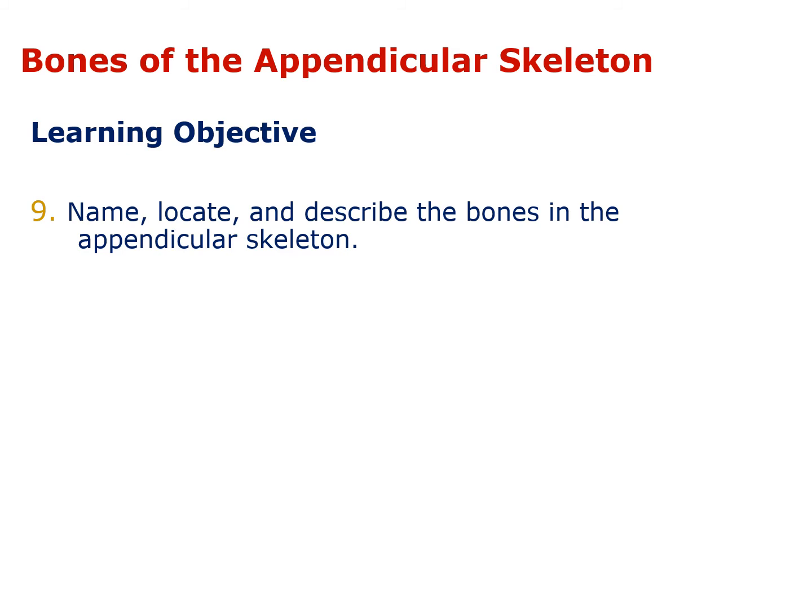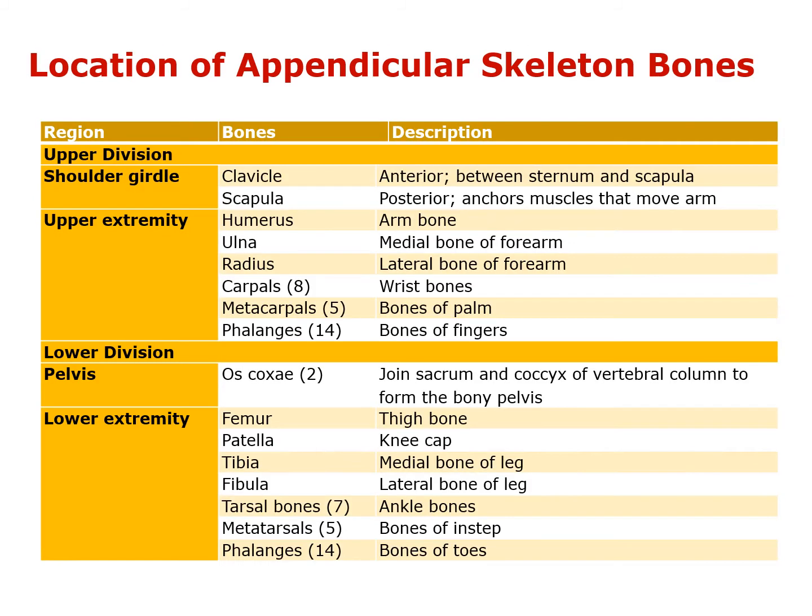All right, so we're going to talk about the bones in the appendicular skeleton now. We're talking about our arms and legs, right? In the upper appendicular skeleton, the upper division, we have our shoulder girdle. The shoulder girdle is made up of the clavicle and scapula. The clavicle is between the sternum and the scapula,